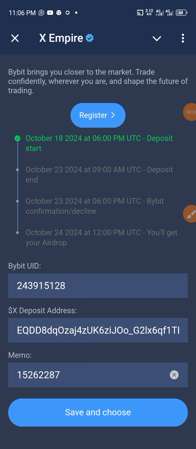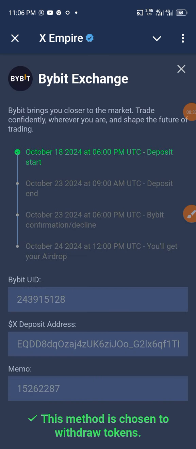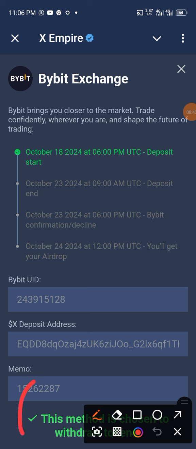Your UID is correct. Your wallet address is okay. And your memo is correct. Then you click on save to choose. Now we're saving. This method is chosen to withdraw tokens. You can see. Successful. So the next thing we just need to do is to wait carefully in order for us to